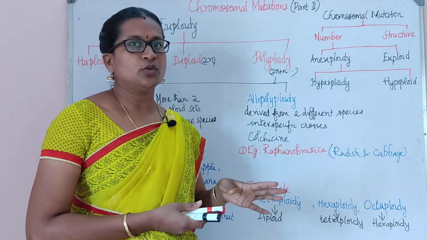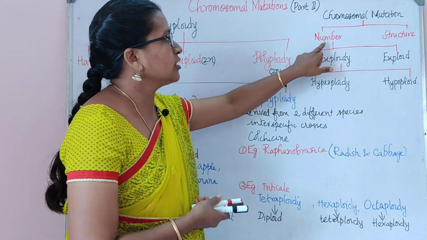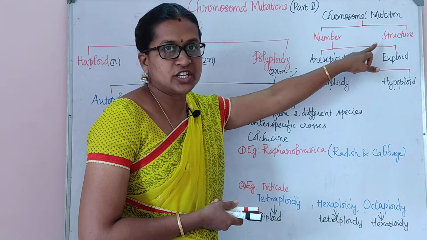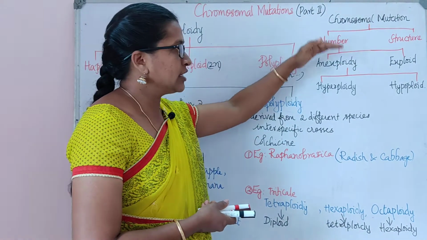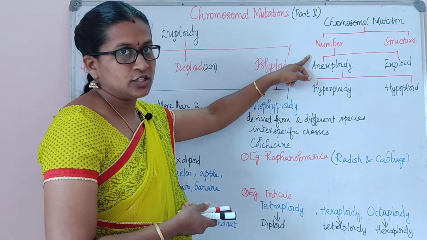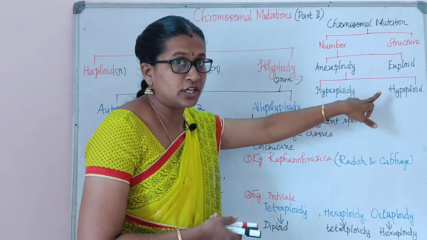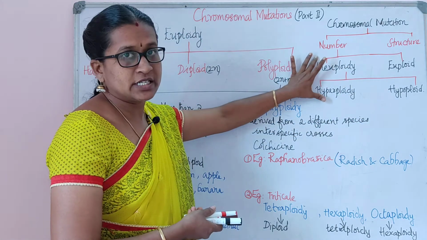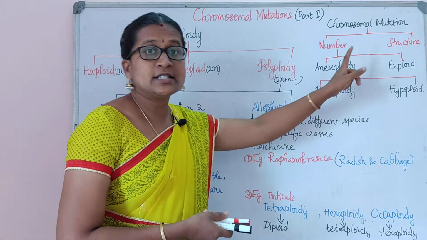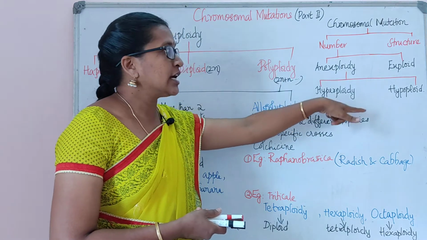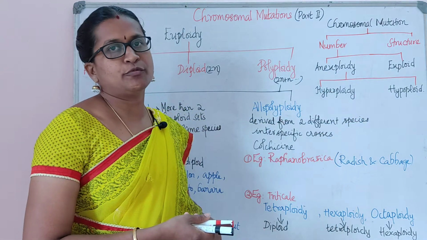Today we are going to discuss the continuation of chromosomal mutation. Last video we were discussing that chromosomal mutations are of two types: one is change in number and one is change in structure. We are now going into detail with chromosomal number. There is another division here as aneuploidy and euploidy. Aneuploidy we completed in the last video, where I explained everything about hyper and hypoploidy. In this video we are going to discuss in detail euploidy and then the significance of ploidy, right?